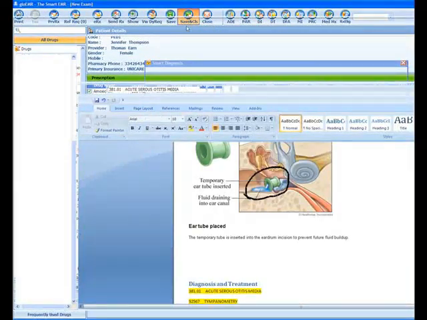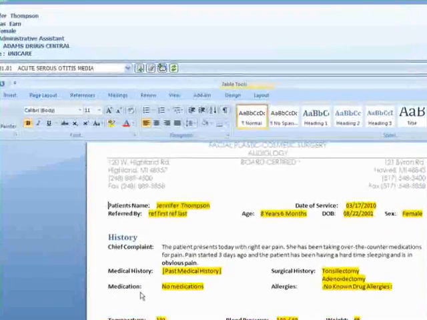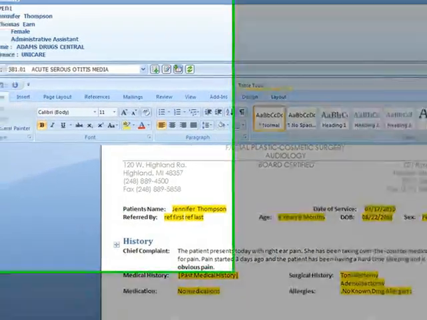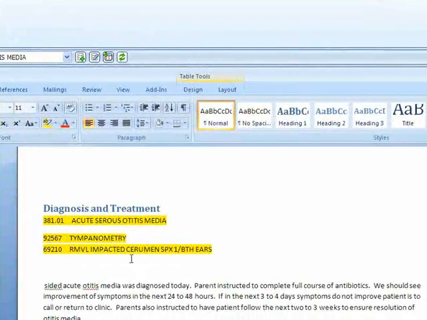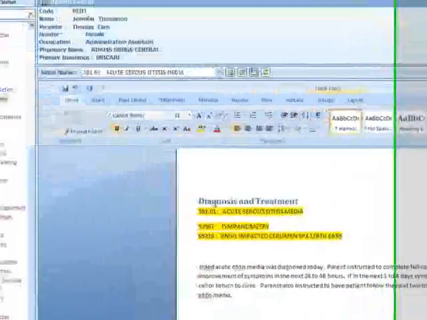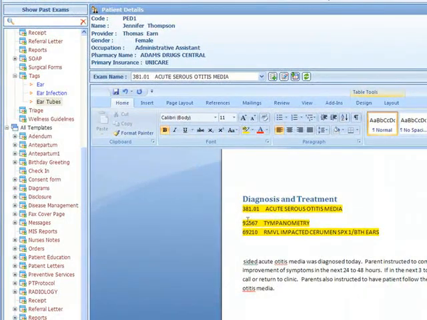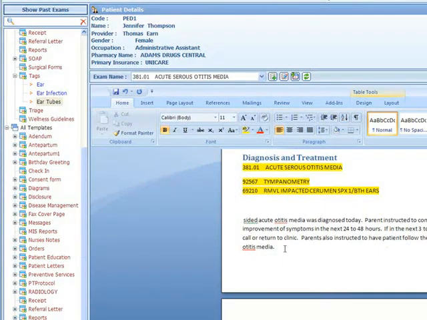Once I hit Save and Close, it put me back into my note so that I can finish doing my note, but what you'll see at the bottom is that it inserted via liquid links my diagnosis as well as part of my plan. What am I doing for them today? And then I have a paragraph that was inserted, which is really my